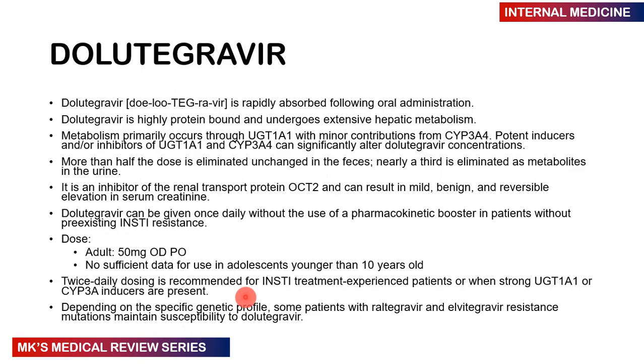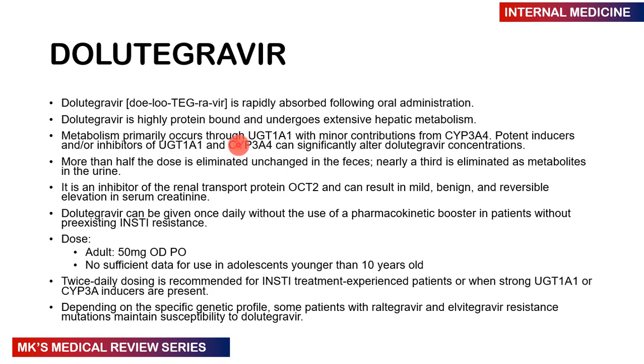Then dolutegravir, which is what we're now using as part of our first line, is rapidly absorbed following oral administration. It's highly protein bound. It undergoes extensive hepatic metabolism and is primarily metabolized by the uridine glucuronosyltransferase enzyme, with minor contributions from the cytochrome P450 isoenzymes. Potent inducers and inhibitors of these enzymes can significantly alter the concentrations of dolutegravir,